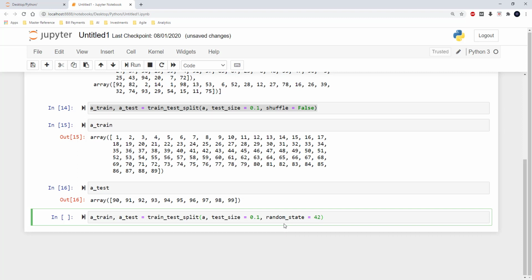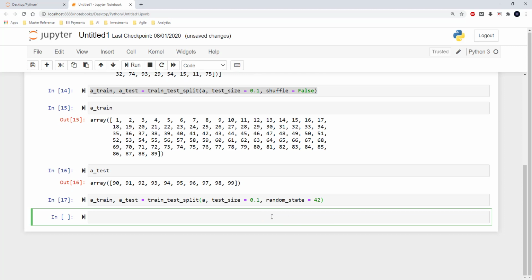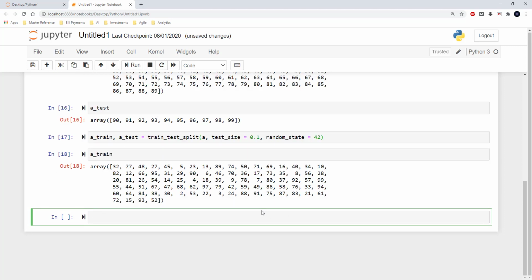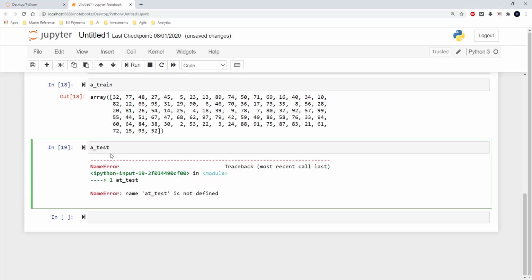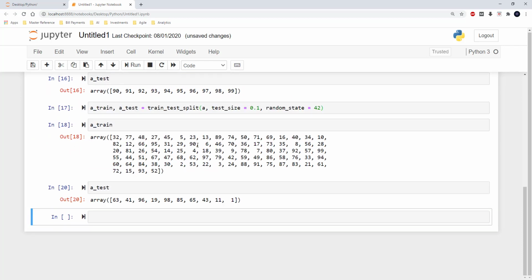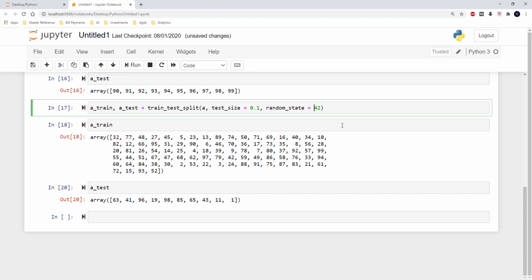This is the default number that would be assigned by the machine learning community. So I'm just going to run this block of code, and then again I'm going to display a train. You can see that it's just shuffled, and when I display a test, you can see that it's again shuffled. This is kind of a seed parameter where you generate random numbers in Python. So you can have any numbers in the random state so that the shuffling can always happen.